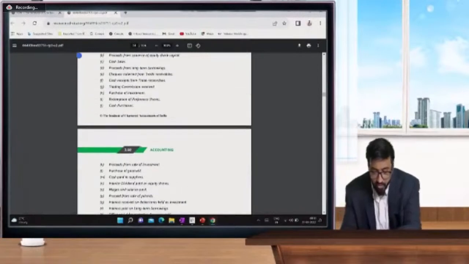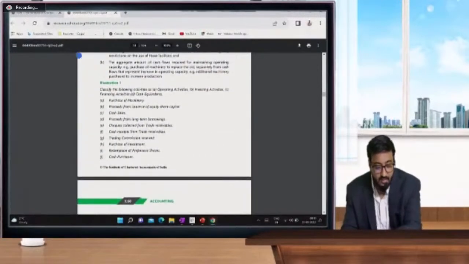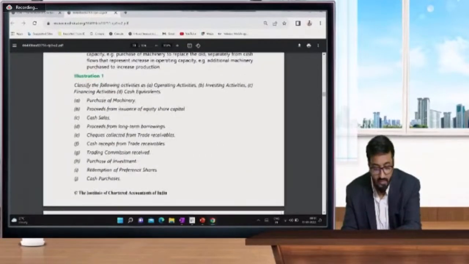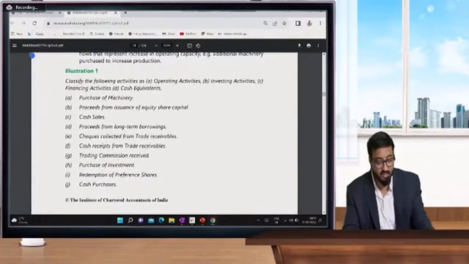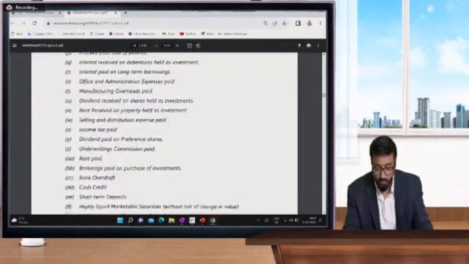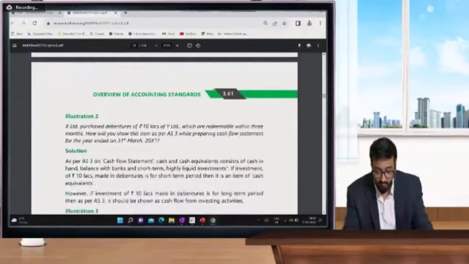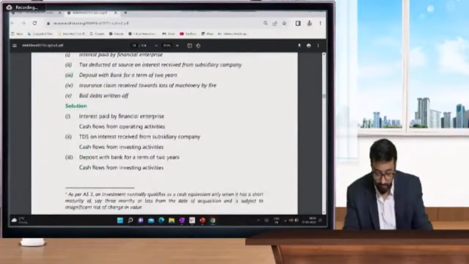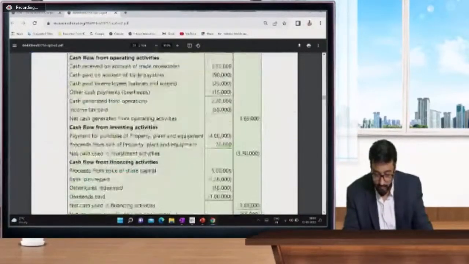So illustration number 1 is that classify the activities operating, investing and financing and cash equivalent. You already answered this question. Purchase of machinery वगैरह था ना बेटा। हाँ, तो आपको ये मिल जाएगा उधर। इन्वेस्टिंग एक्टिविटी का क्वेश्चन।